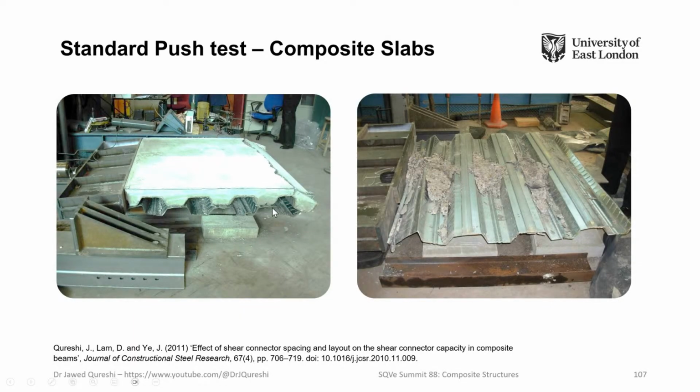And these are some failure modes. The failure happened by rotation of the last stud. So this was the loading direction, or in some cases, this stud was taken away from there. And the failure happened due to conical failure. So these concrete cones were formed around shear studs. Now remember this concept. I will ask you a question in a minute, why do these concrete cones develop?